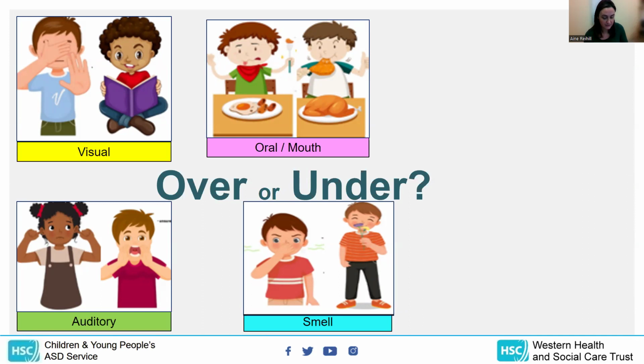On the left-hand side of each picture is the child who overreacts, and the other child is the child who is underreactive to that type of sensory input. In the top left, the child on the left overreacts to visual input and may feel overwhelmed with things like bright lights, sunlight, or too much clutter. But the other child is underreactive to visual input and may need to be provided with lots of visual information